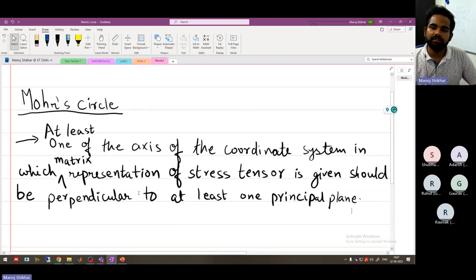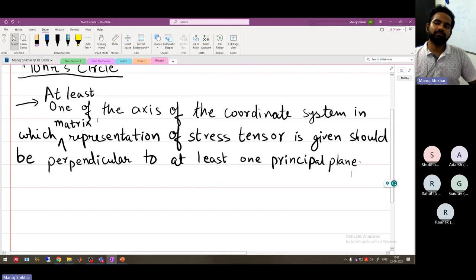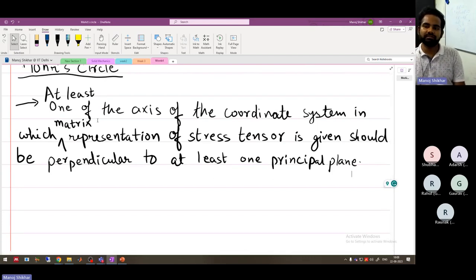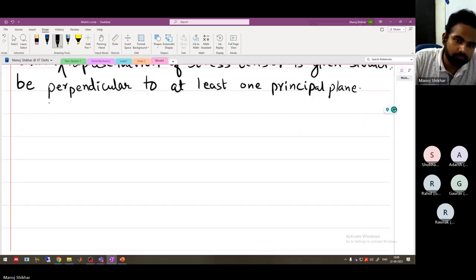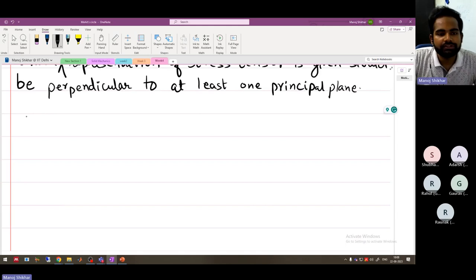What does this mean? This means that at least one of the axes of the coordinate system in which you are writing the matrix representation of a stress tensor should align with at least one of the normals of the principal planes. There are three principal planes, so there should be at least one principal plane whose normal is in the same direction as one of the directions of the coordinate system. So for example,